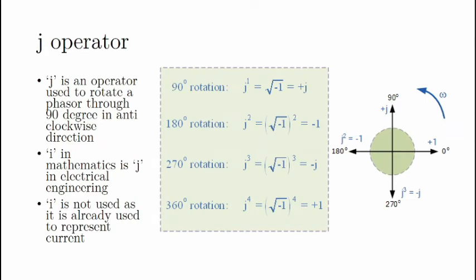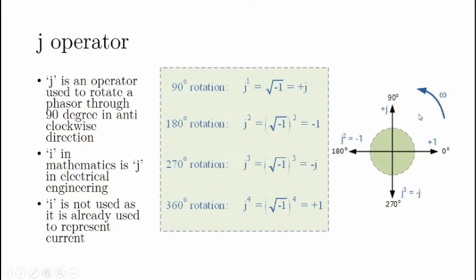Now we'll move on to the J operator. What is the J operator? You might have studied the imaginary number, that is a plus ib, while using complex numbers in your plus 2. That is, i is represented in the same manner as j. i is the imaginary number. In electrical engineering, we use j as the imaginary part because we already use i for current.